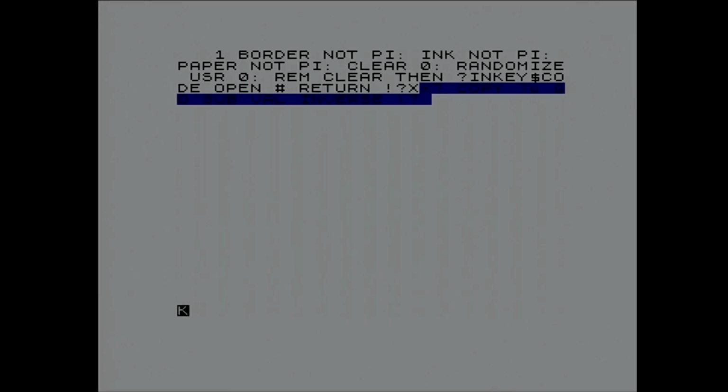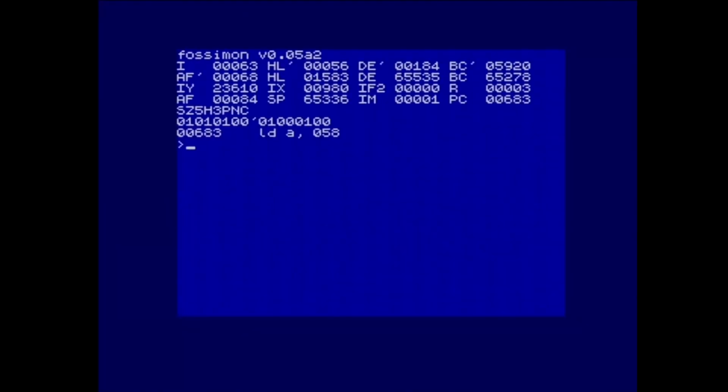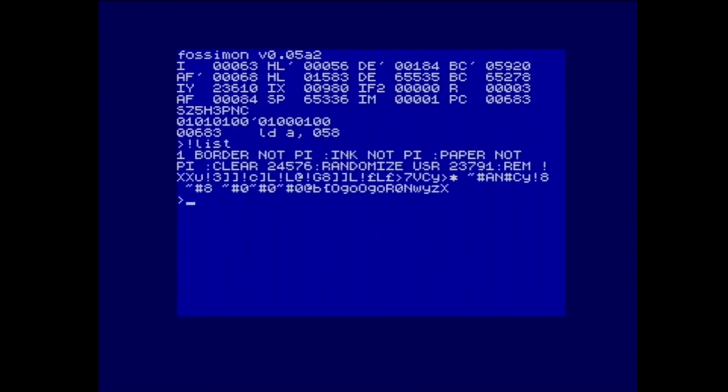So let's go back into Fossimon, and then we'll use the list user command. And yeah, those zeros were tricks, because you can obfuscate the numbers in BASIC if you know what you're doing, but the list command in Fossimon can strip those away. So we're doing CLEAR 24576, then RANDOMIZE USR 23791. So if we disassemble 23791,